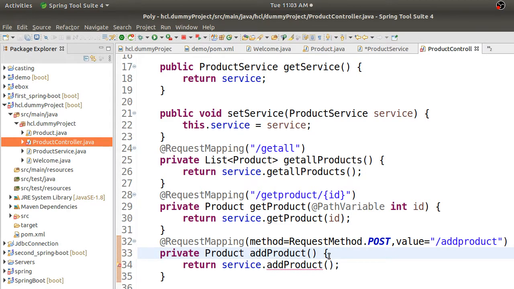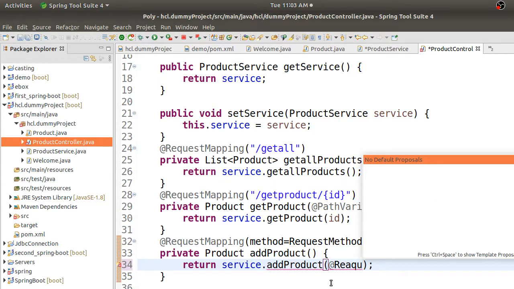I think I've missed something here. Add product. I have to pass request body.